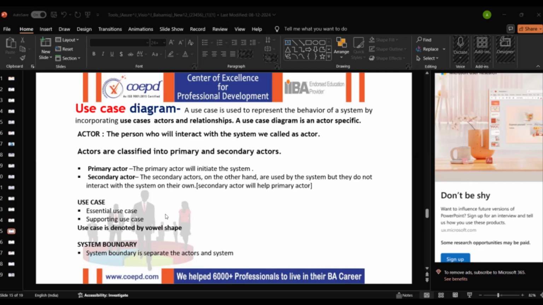Supporting use case in the sense, in the registration, the different parts are there, like user ID, password, email, the different types of supporting features, to complete that essential use case. So these are the supporting use cases. Whichever supporting use cases help to complete that essential use case, that functionality. Okay, so this is the